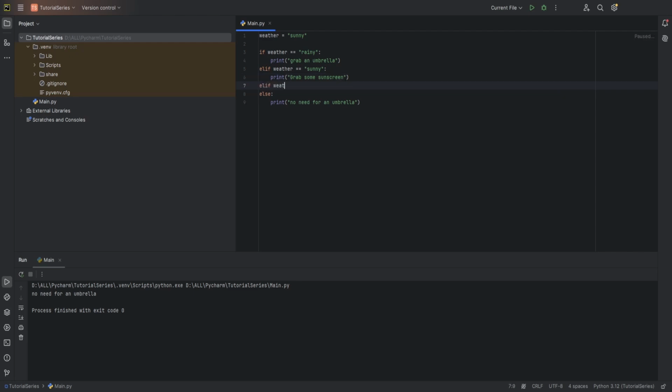Else if weather equals snowing, it will say print grab a coat. So now we have a simple if statement where it checks each possible outcome. Grab a coat. Let's say if it's anything else, let's say